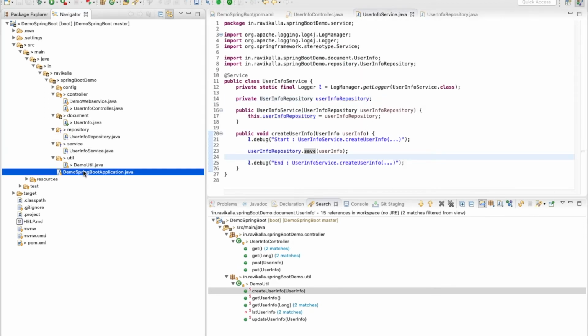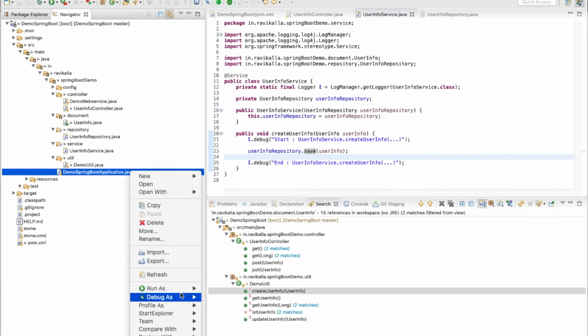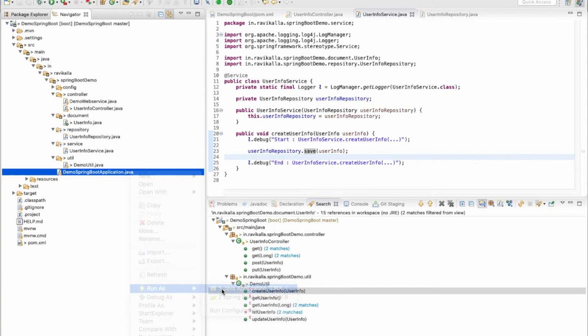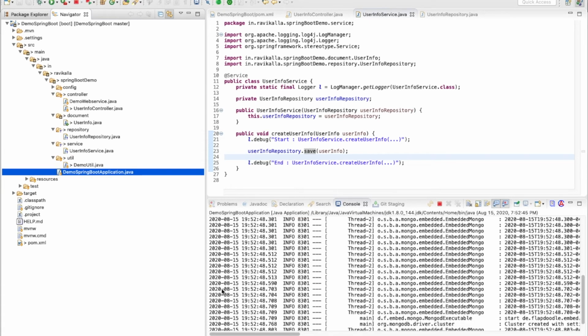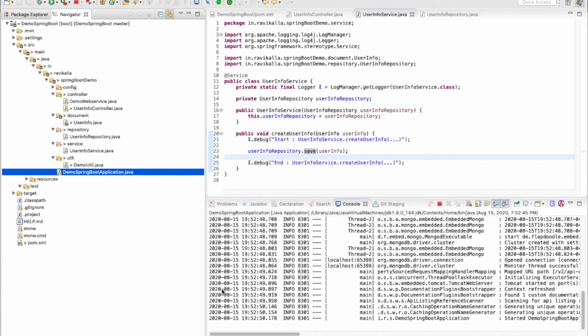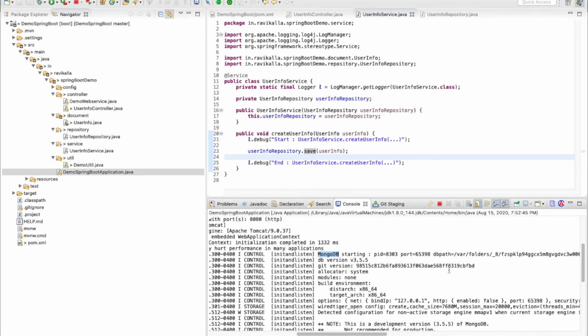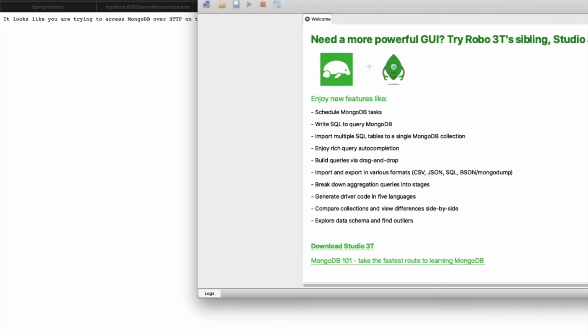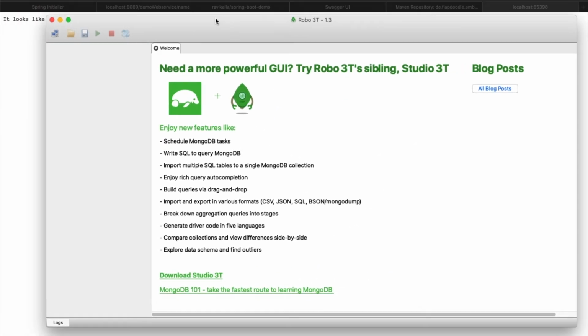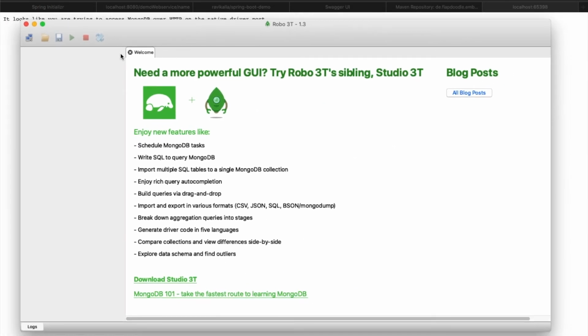Now let me run this application. Let us try to save the data to the database and see if it is saved into the MongoDB which is there in memory. It started, MongoDB started on port 6598. I installed a MongoDB client called Robo3T.